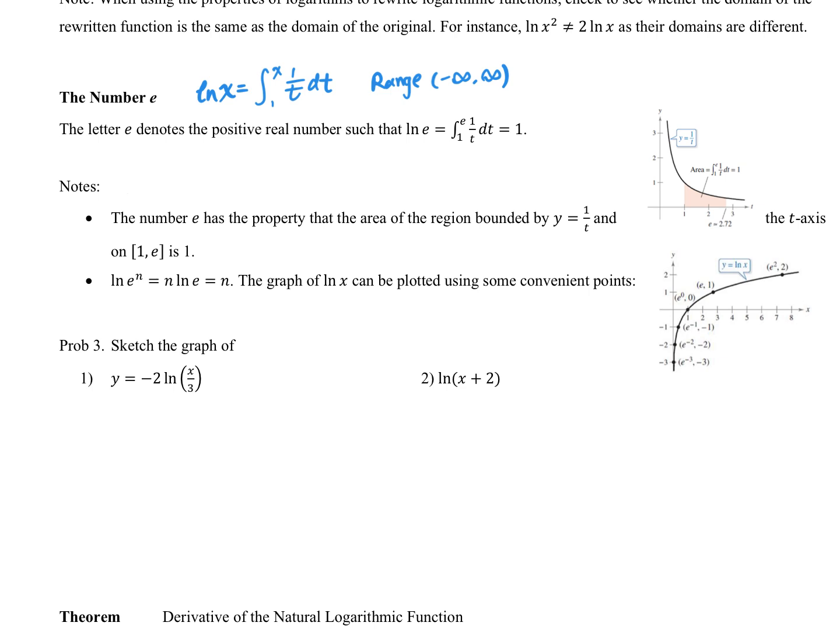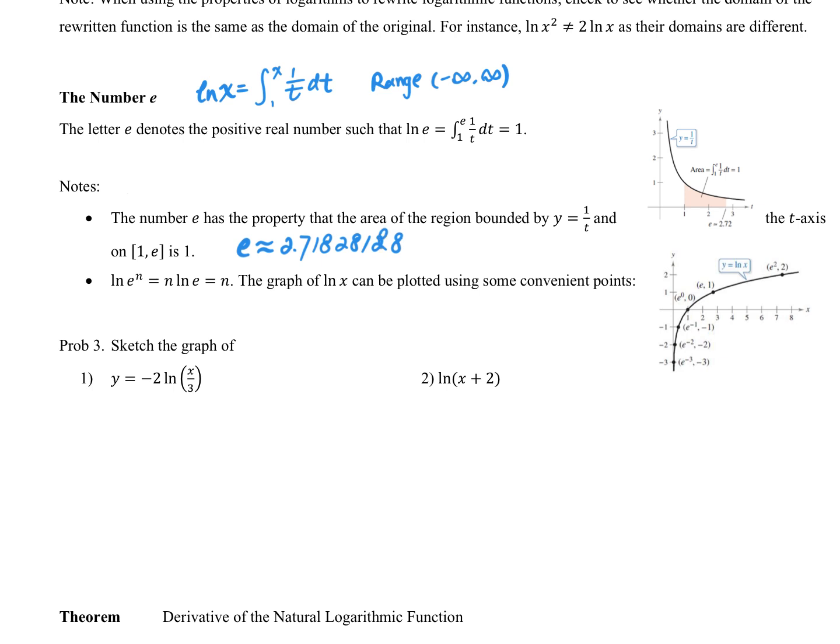Now, the next thing is to figure out what this number is. One thing is it has to be in between 2 and 3. This should be a pretty fun thing for you to prove. Actually, this specific number is an irrational number. The numerical value is about 2.72, or more precisely 2.718 28 18 28,